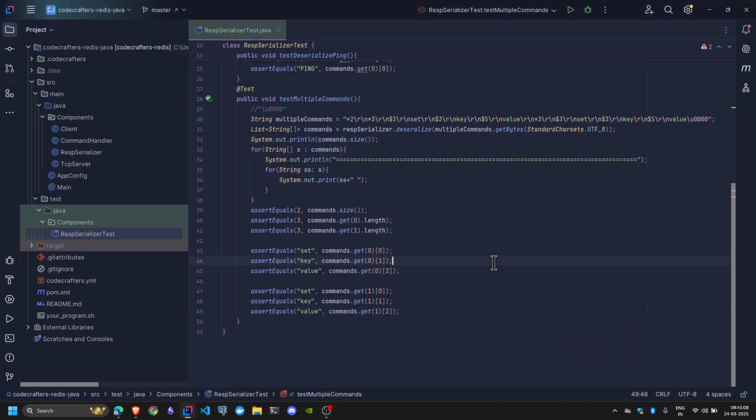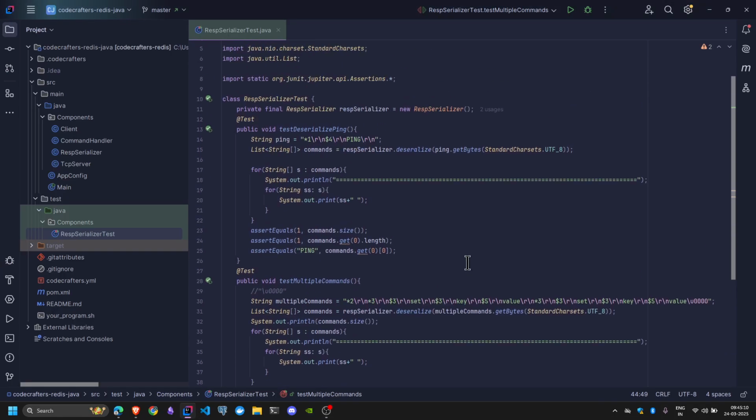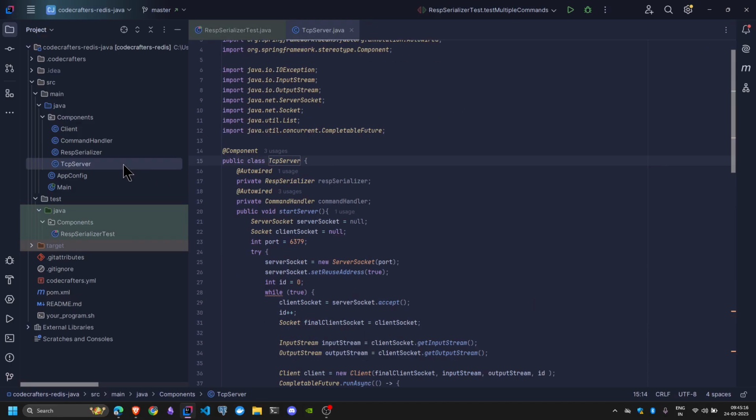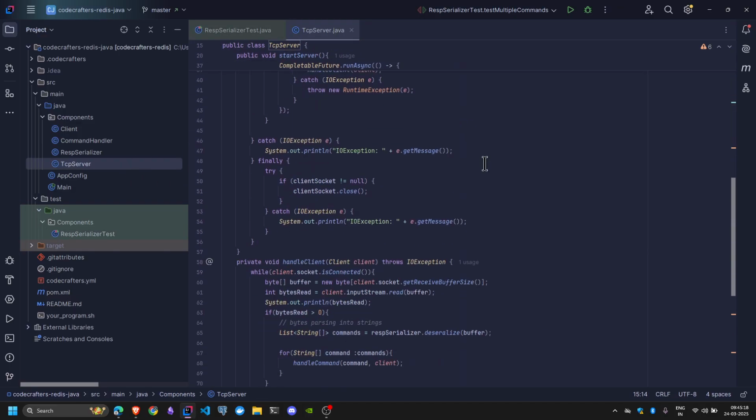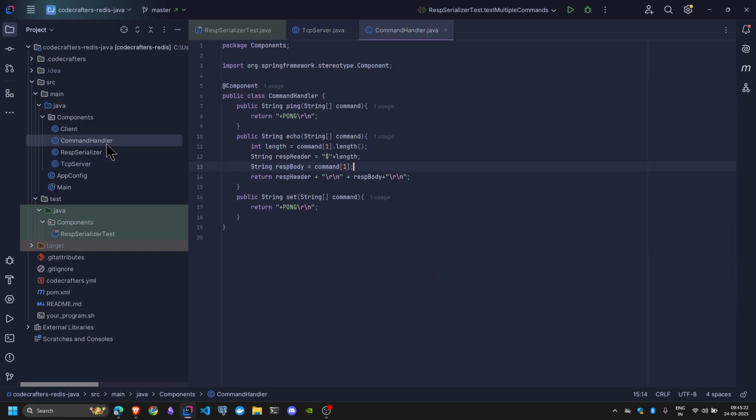So I suppose that's it for today's video. In tomorrow's video, we'll write some integration tests for the TCP server. It's really important. And in the video after that, I'll actually implement the set command. Why am I not implementing the set command right now is because I also need to add an infrastructure layer